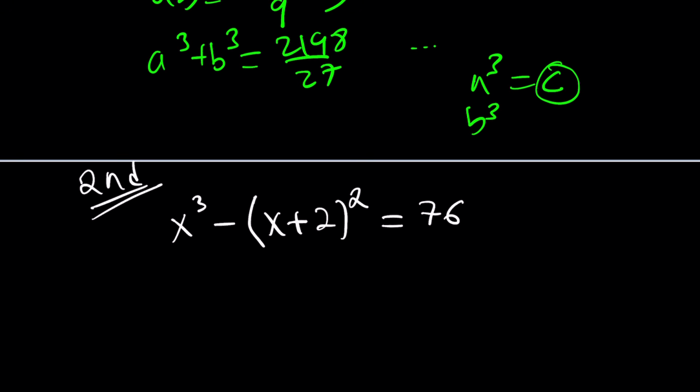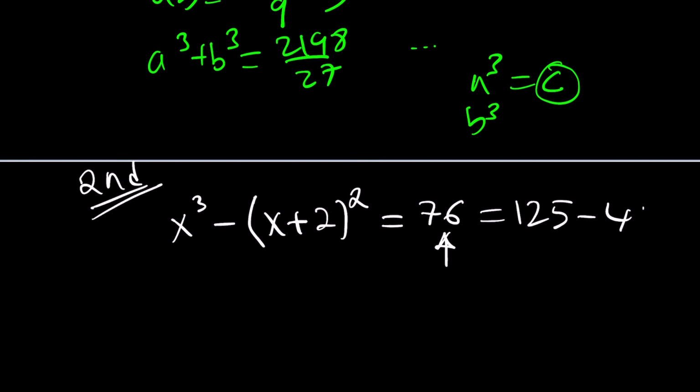On the left-hand side, we have a difference of, I'd like to say 2 cubes or 2 squares, but that's not the case. We have the difference of a cube and a square. Make sense? So if only I could write 76 as such. So can I write 76 as the difference of a cube and a square? And the answer is yes. And the way to do that is